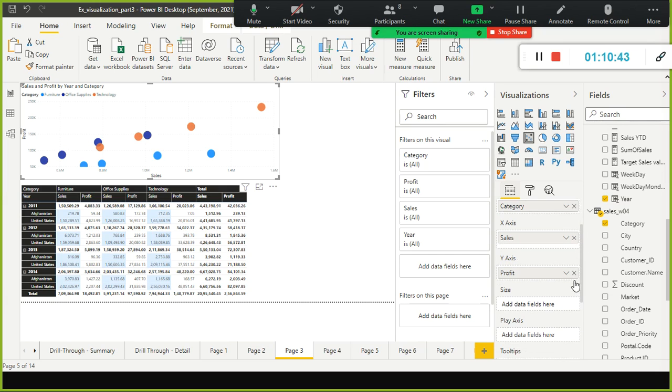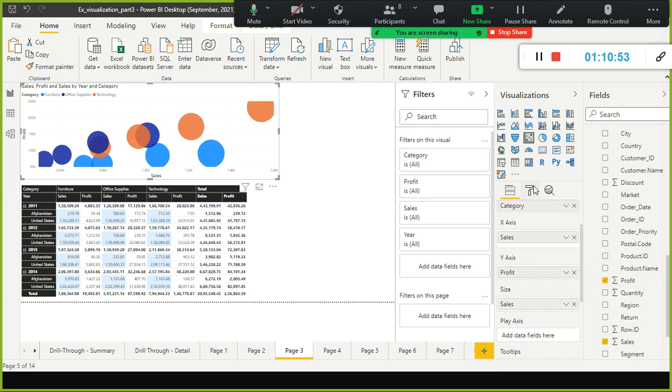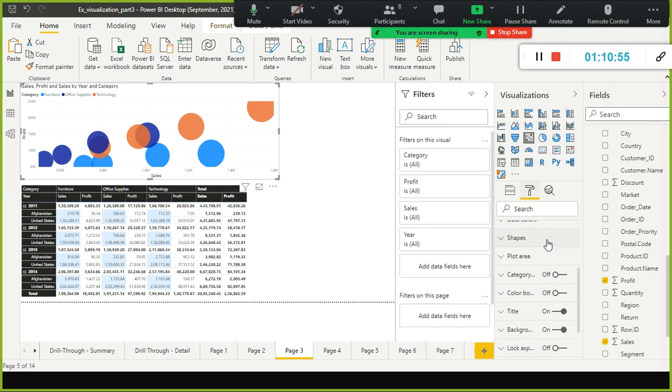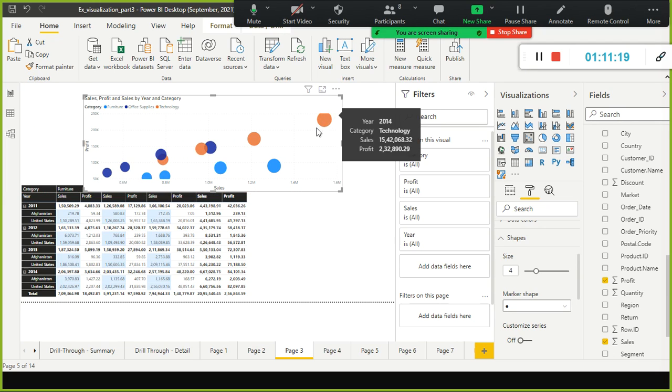Okay. And also, you have a column called size here, right? You can put the sales here also. Alternatively you can put this one also. Ideally we need to put it like this, and here you go to the shapes and reduce this one. You don't want too big a size. The larger the size, the more the sales; the smaller the size, the lesser the sales. Now obviously when you look at the axis, the scale value here is 0.6 m only, right? So as the value goes high, you can see the size also slightly increasing.